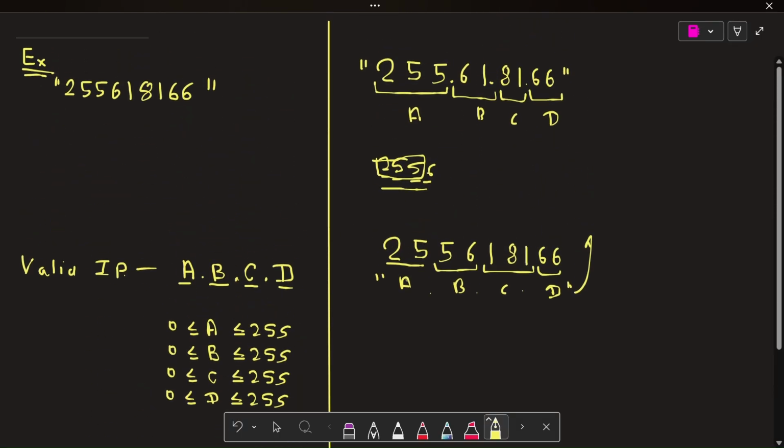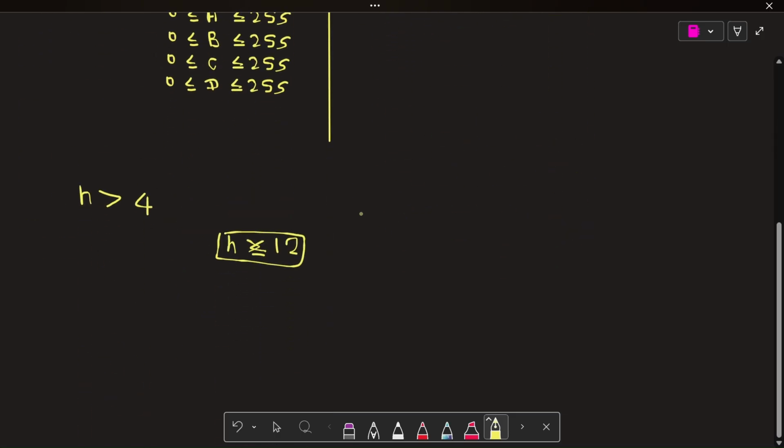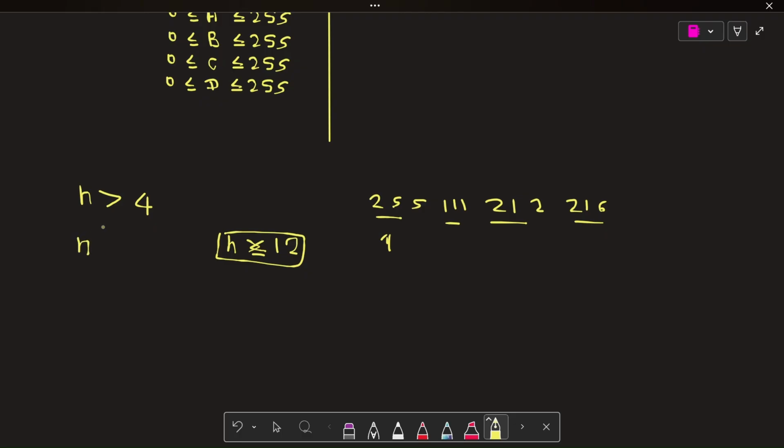Because each one will be of length 3, it may be possible, like in our case 255, maybe next 111, 212, 216. It may be possible that all are of length 3. So the maximum length is 12. So we have two things: n is at least 4 and n is at most 12.